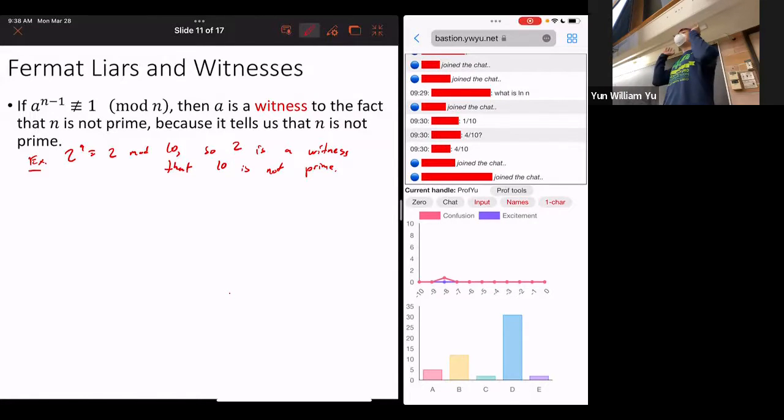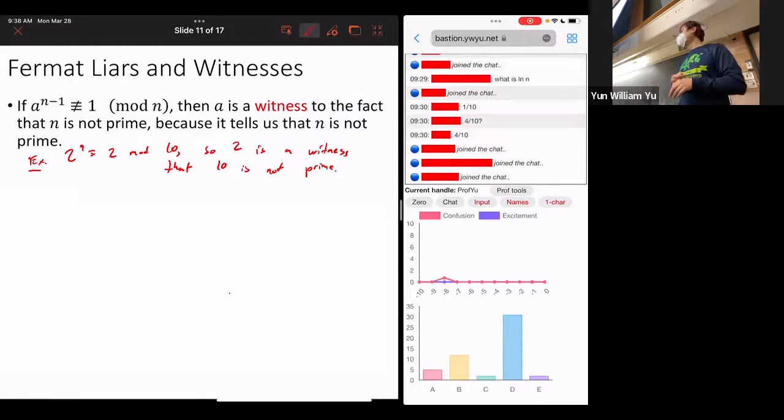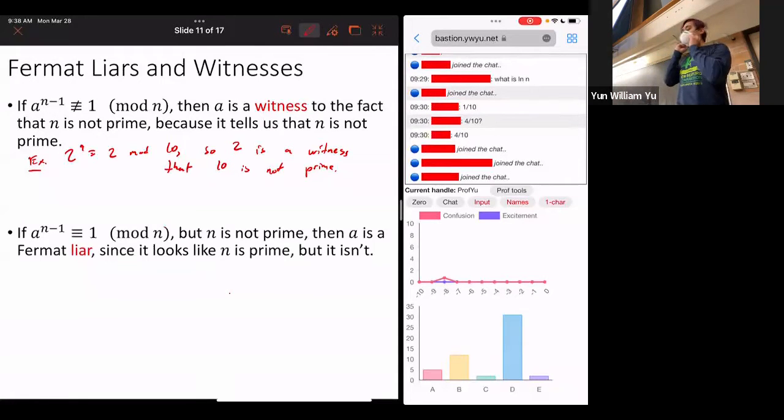Okay, so if I am able to give you a witness, then you immediately know that's not prime. On the other hand, even if you're not prime, you might have a number that says, oh, no, I think you might be prime. And then this would be a liar because it looks like n is prime, but it isn't. So for example,